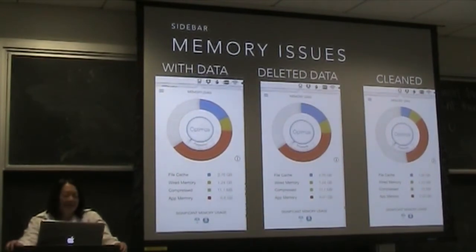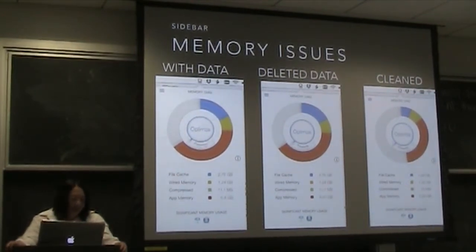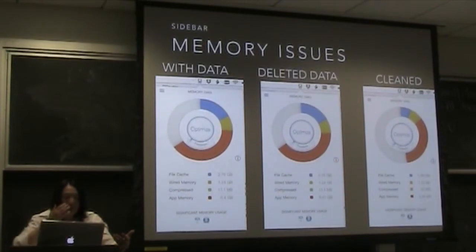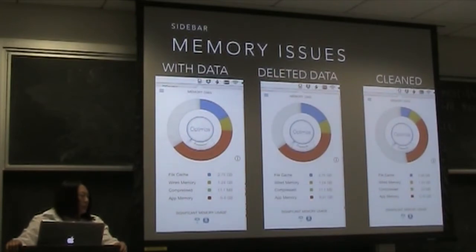Sidebar, memory issues, okay? So here I am. I don't know what you use, but I think you should have a memory manager that day, okay? Because this leaks. I don't have a better way to put it. Memory leaks, okay? Which means even though you erased it, even though you might have quit out of it, it doesn't mean it let go of the resources. And so I was seeing people's computers started crashing around 1, 2 in the morning when I arrived.